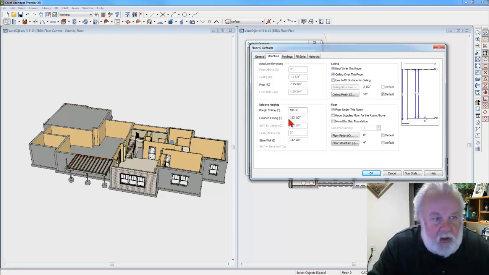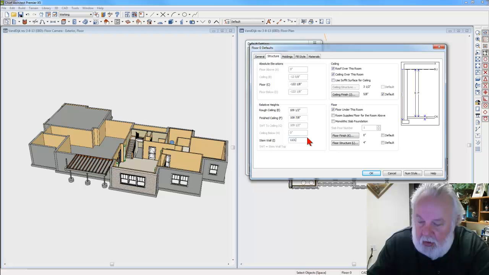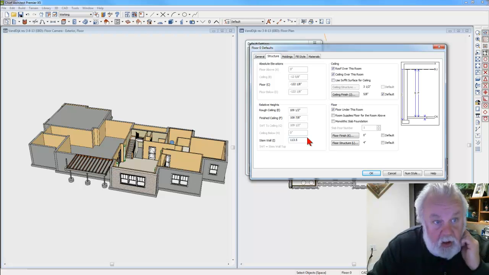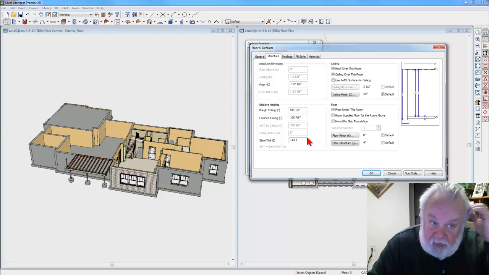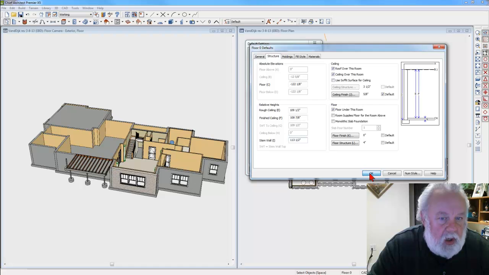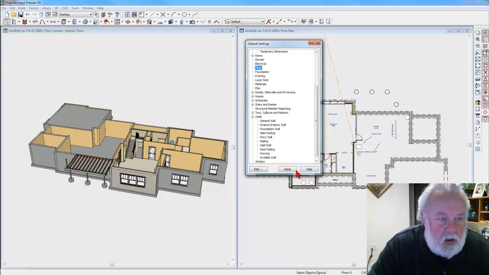I'll change that value. And also need to add 4 inches to the stem wall height, which puts the top of footing at the bottom of the slab. And if we just say OK and done,